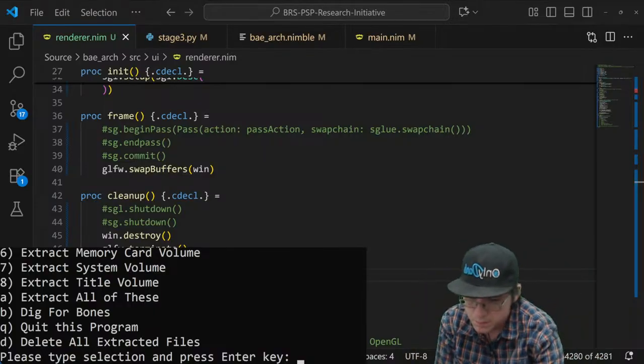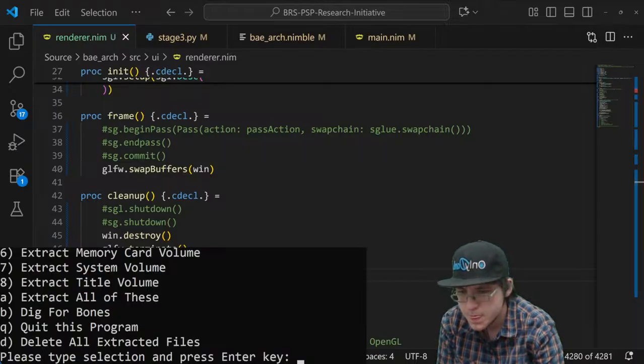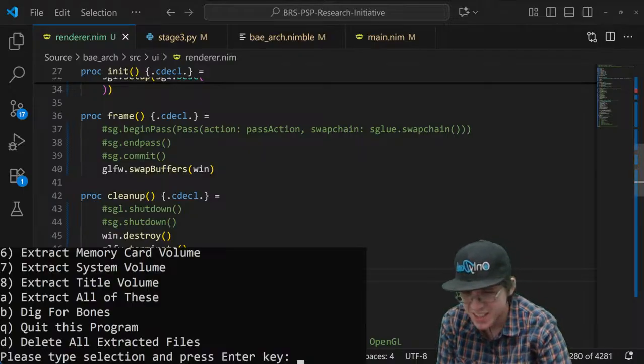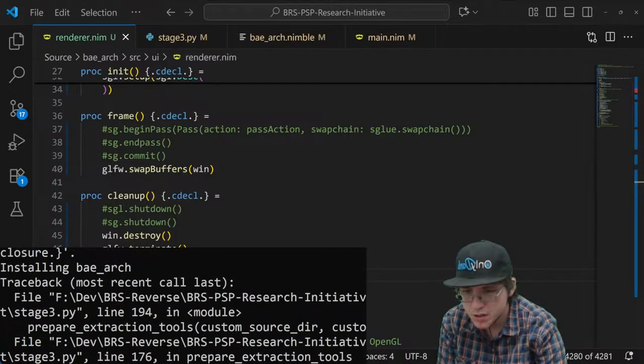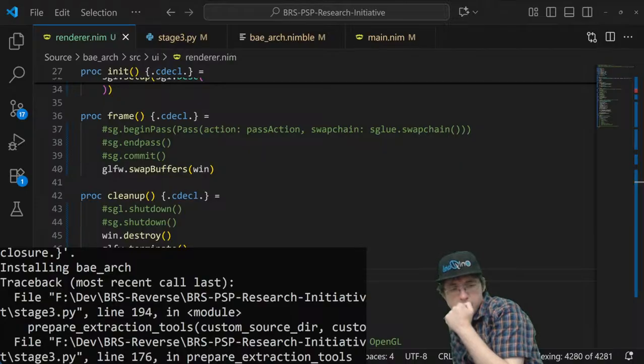It's... what the hell is it called? Time flags, I think. Oh, okay.